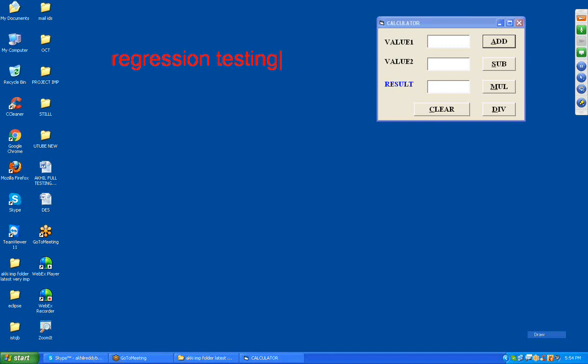Why do we need to test already tested functionality once again? Because we have to make sure that the previous testing was correct. I will tell you, madam. Regression testing, it is also one